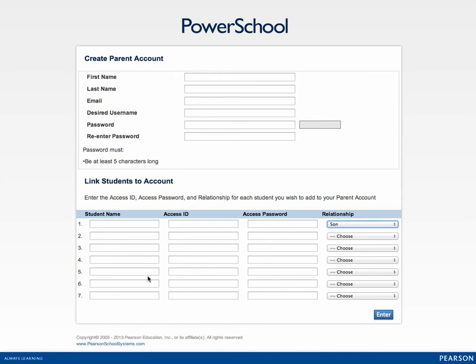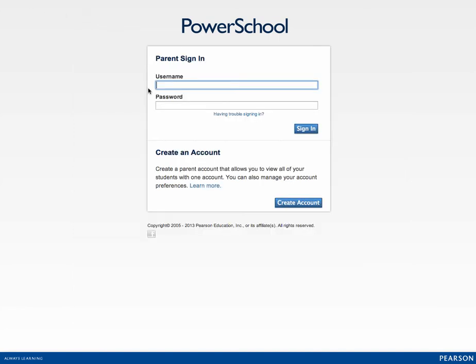Once you've completed all of the children's accounts, you're then going to click the Enter button. After clicking the Enter button, you're going to receive a message from the system that says, "Congratulations that your account's been created." And at that time, you will be able to go back to the parent login screen, and from this point forward, you will use the top half of the screen where you'll enter the newly created username and